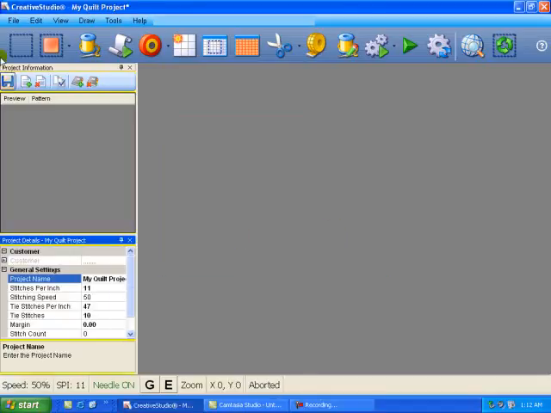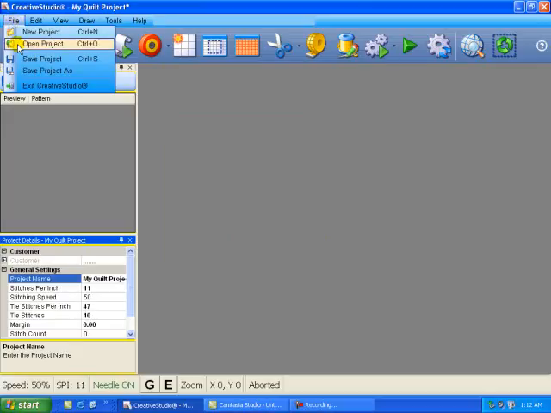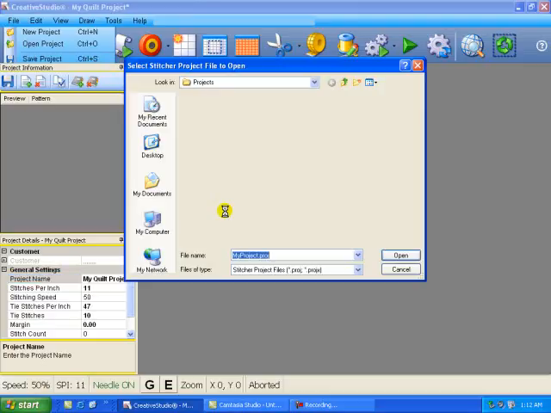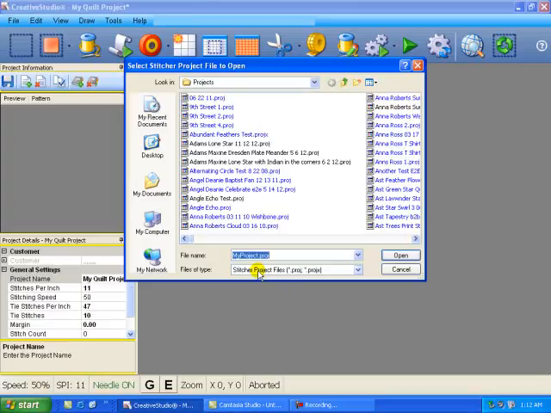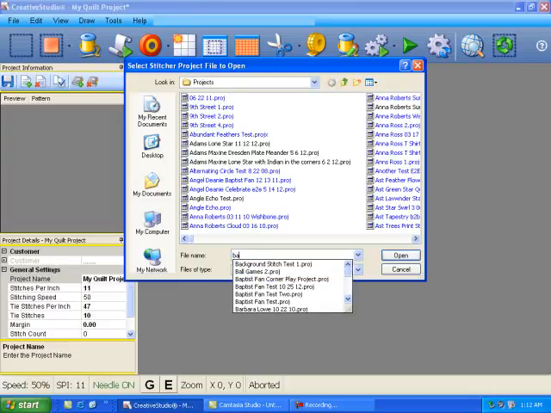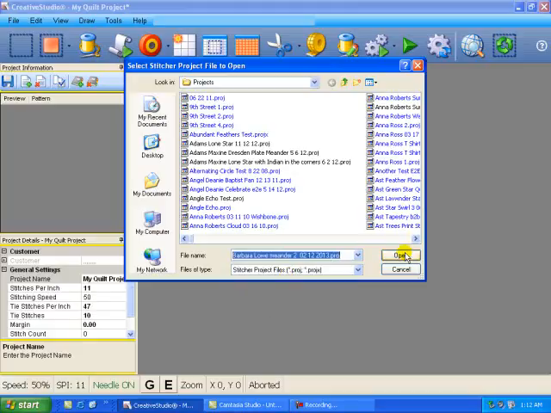Now I need to go and find my project. Click on File, Open Project, and it'll come up with a screen with all the different projects, and I'll go and select the one that I need. I know that this project belongs to a particular customer, and here is the list of quilts that I have quilted for her. This is the one right here that I started on February the 12th. I'm just going to click on it, open it,